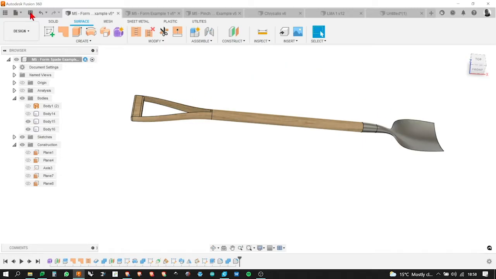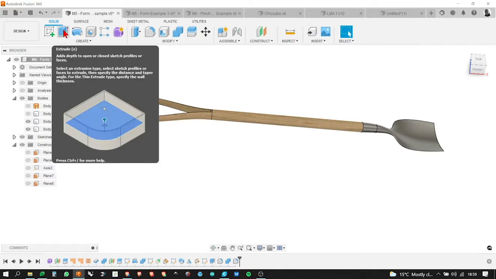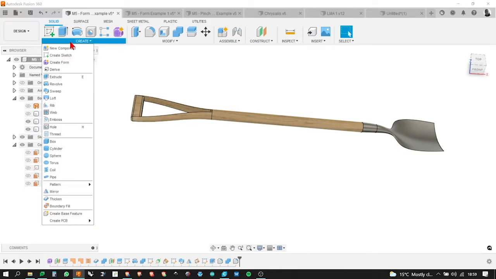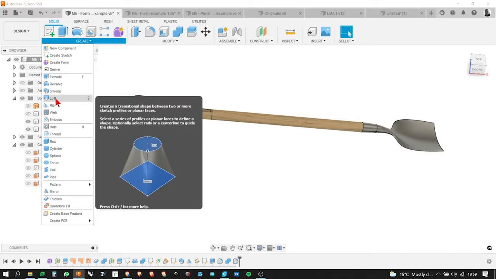If you're ever not sure, just hover over any of these things and it gives you a really useful little dialog box and a diagram. So the sweep sweeps a sketch profile or a plane of face along a selected path, and it shows you exactly what it does. Here's your profile, a bit like an extrude, but instead of going straight, it's running along the path. And with the loft, it's going from one profile to a different profile, but you can also put